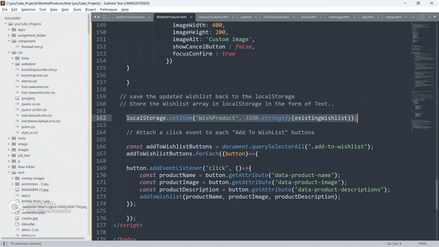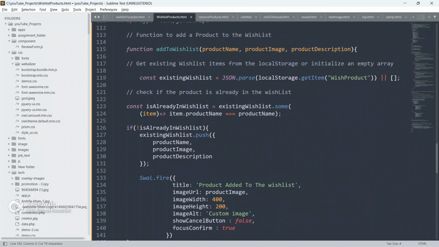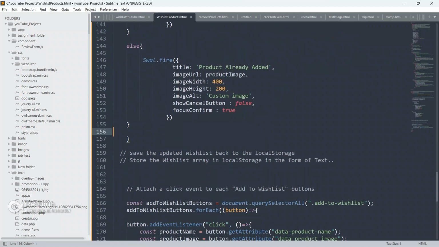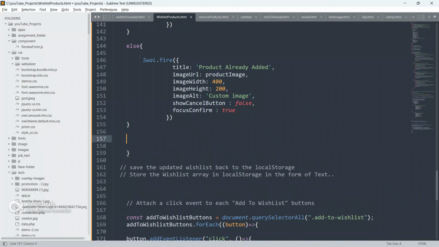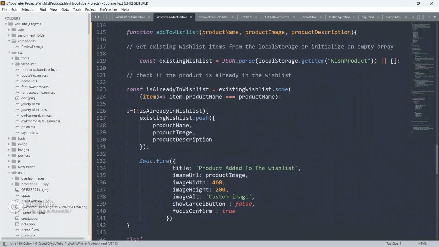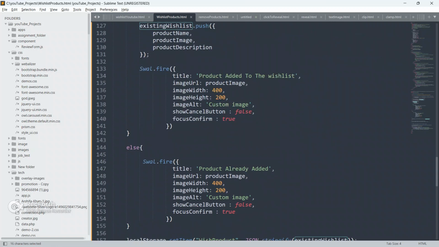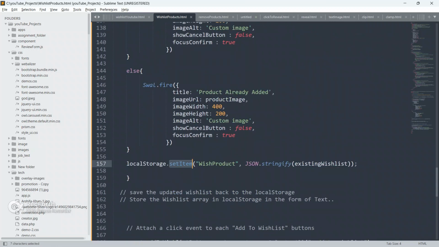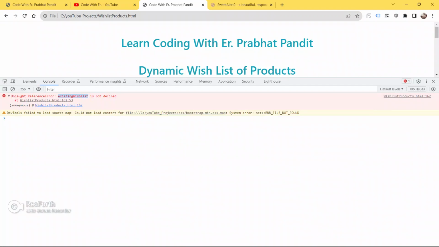Okay, yeah, we have to paste this inside the function. Because we have defined existing wish list in our function only, we have to paste this inside the function here only. I was pasting it outside of the function, that's why it was saying existing wish list is not defined. So it has to be inside the function only.